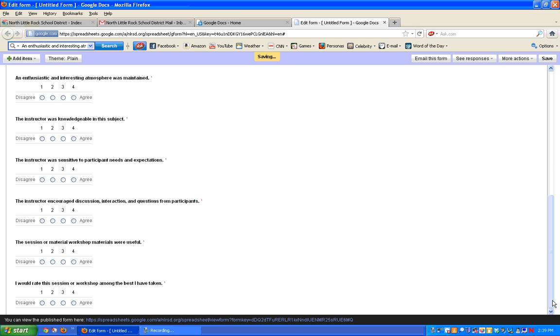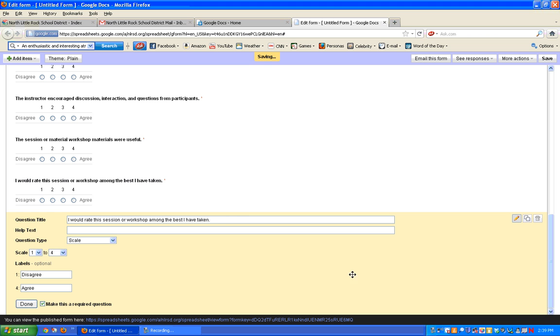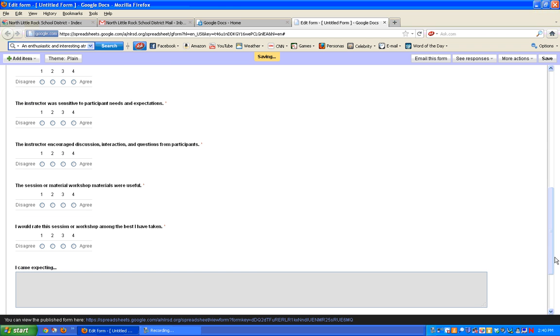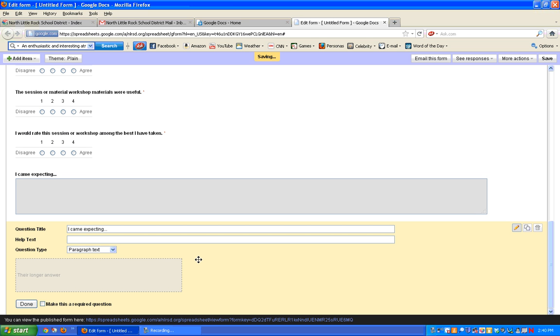All right, so now there's some more to this. It says I came expecting, so that would just be something that you would type in. So I came expecting dot dot dot. And what I'm going to do here is drop down and do a paragraph text so that you can type in whatever you want. I'm not going to make this a required question, and press done. Duplicate. And the next one is: what were the most useful